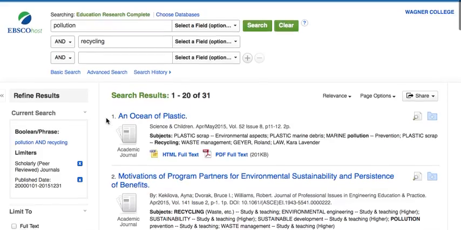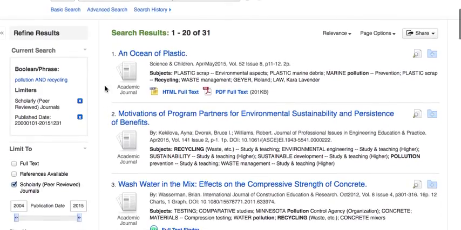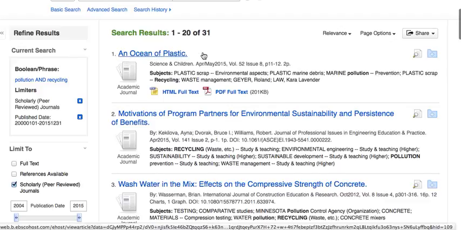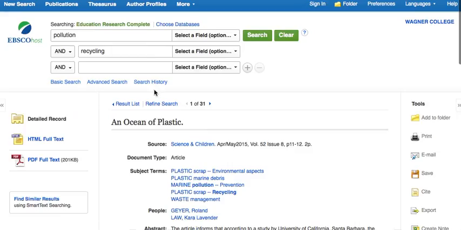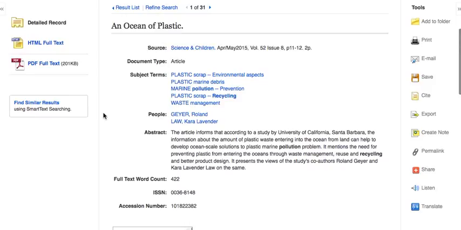Now when you've gotten down to a reasonable number, what you're going to do is look through the articles, see if the heading catches your eye. So let's look at the first one here, an ocean of plastic. So we click the link, and it opens up this display of all the document elements. So it says that it's a type of article, the source where it comes from, the issues and things like that, the